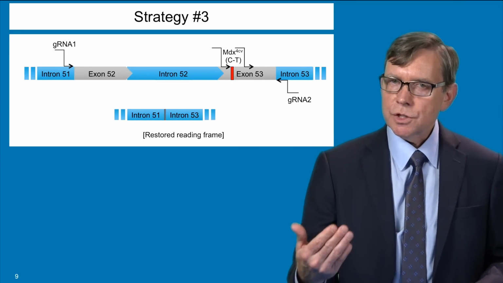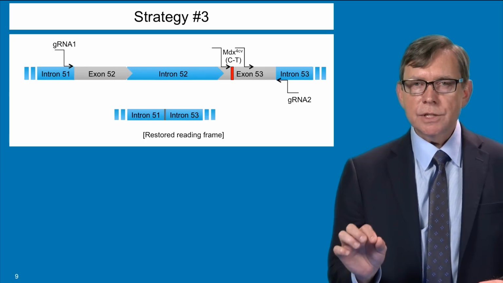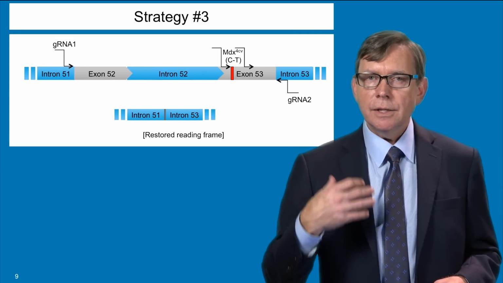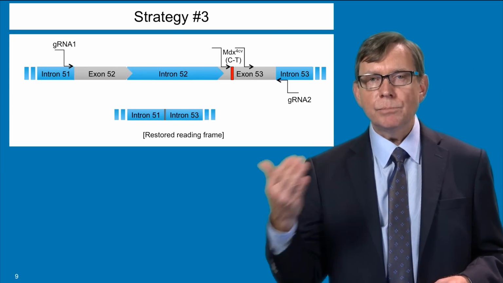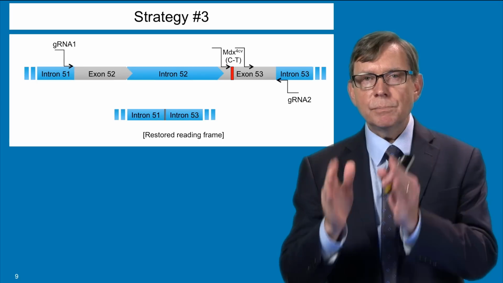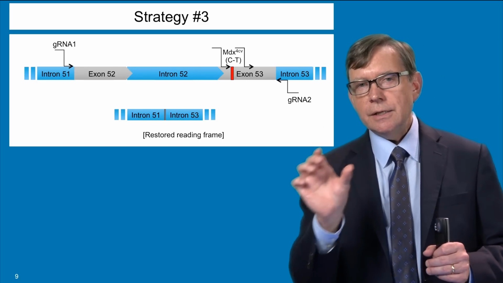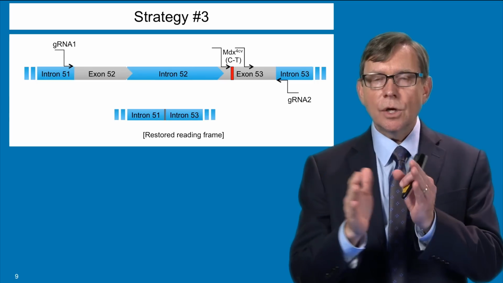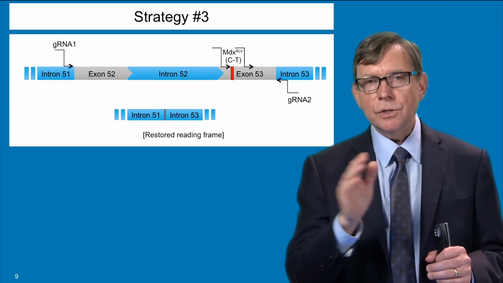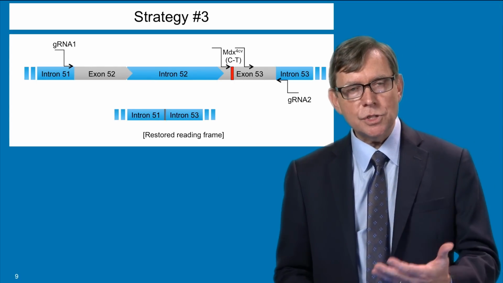Well, what's the advantage of that? Why would we want to cut out part of this gene? Well, the reason we want to do that is that exon 53 has a mutation that prevents the production of a functional dystrophin protein. If we simply removed exon 53, it has a number of amino acid coding bases in there that isn't a perfect number. So you would not restore an open reading frame to the messenger RNA.